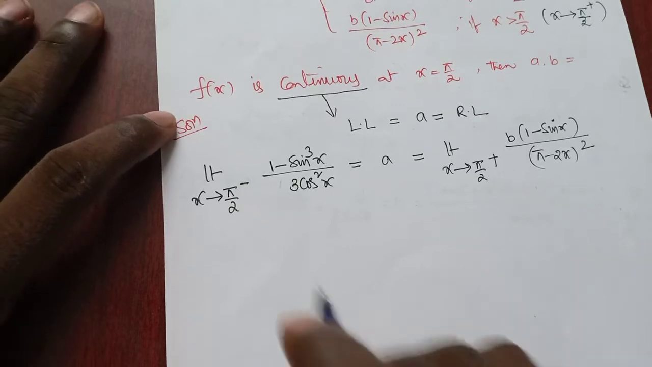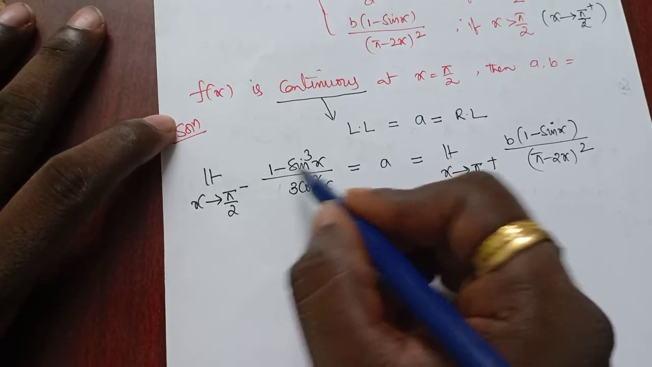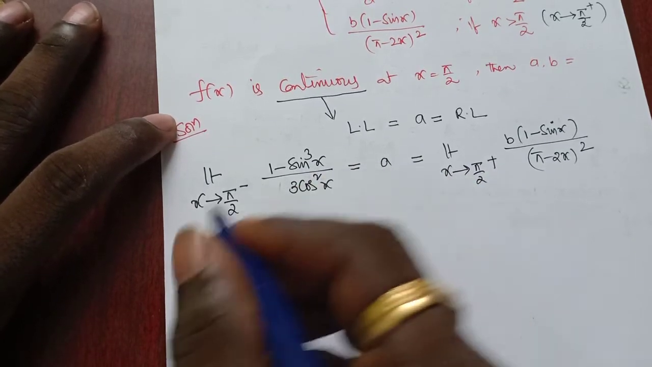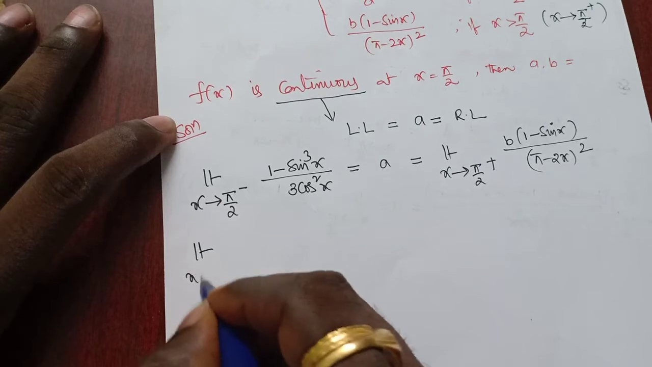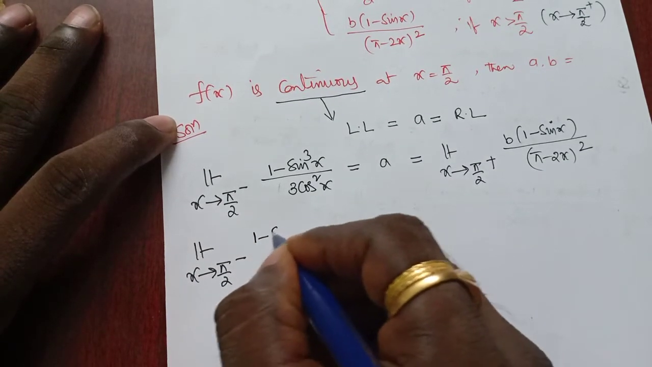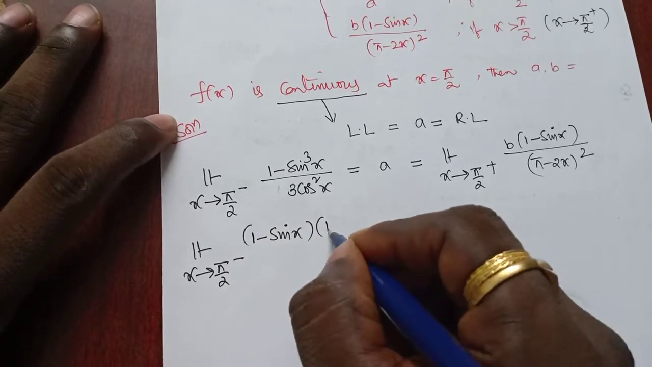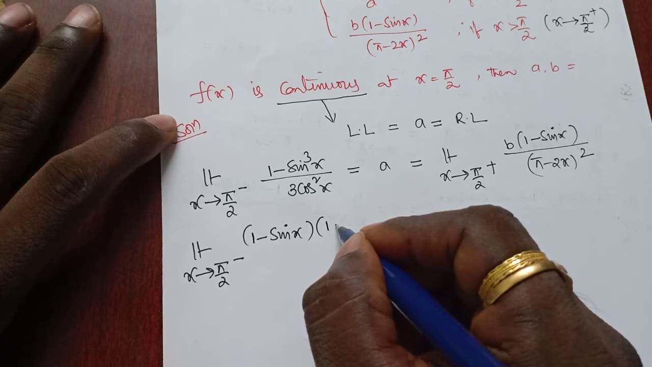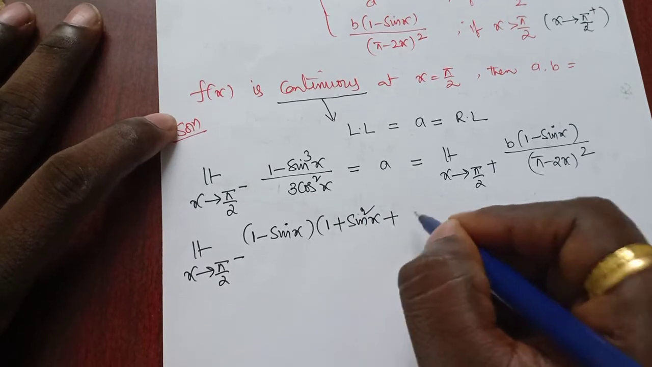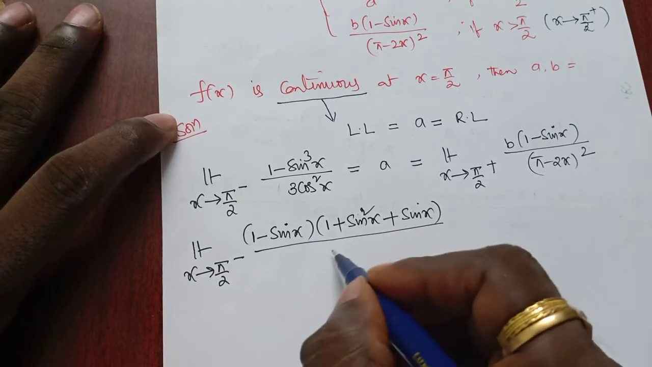Okay, now see here, it is in the form of a cube minus b cube. What is a cube minus b cube? (a minus b) into (a square plus b square plus ab). Now limit x tends to pi by 2 minus, a minus b, which is 1 minus sin x, into a square, 1 square is what? 1, plus b square, sin square x, plus ab, 1 into sin x, that is sin x, divided by 3 cos square x,